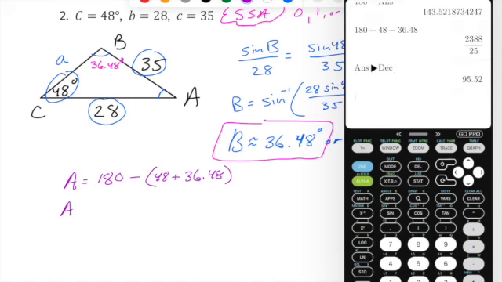$95.52, and yeah, it probably would have just been faster to do it in my head, but I was feeling a little lazy there. Okay, 95.52, now we know